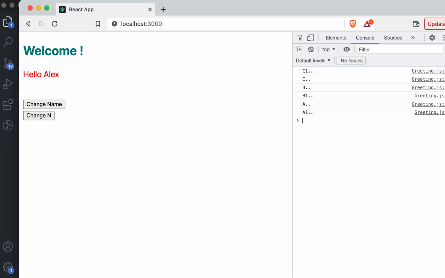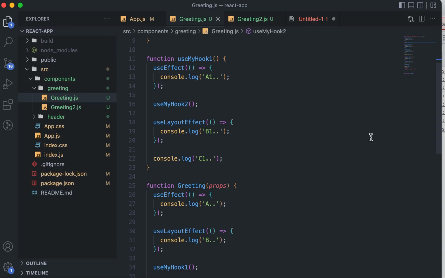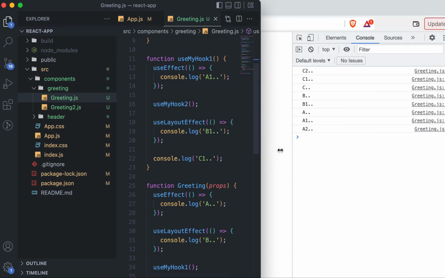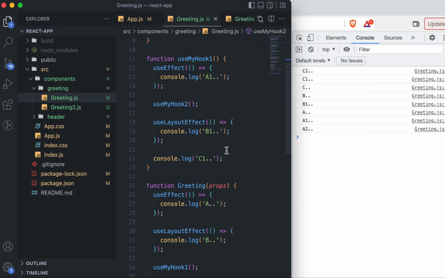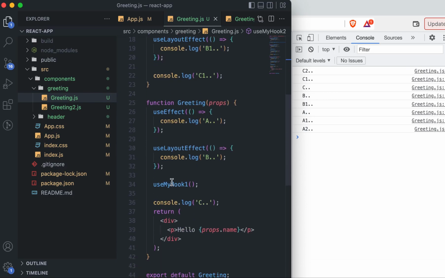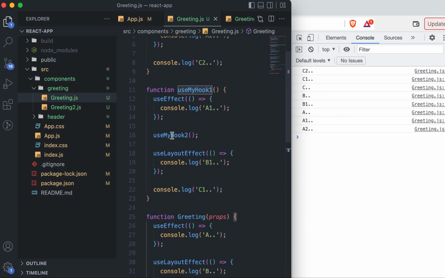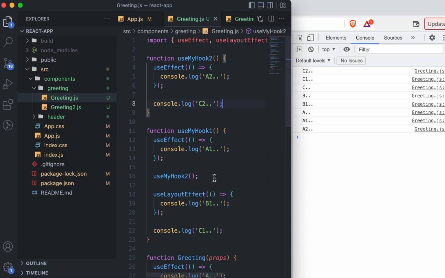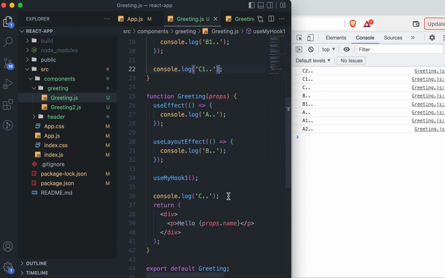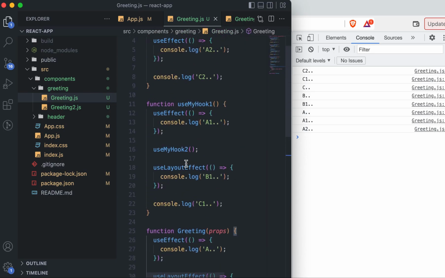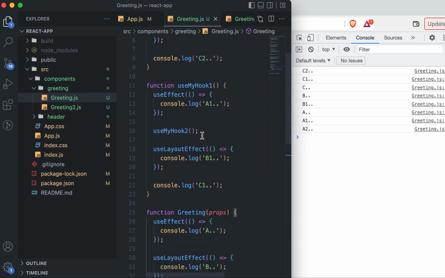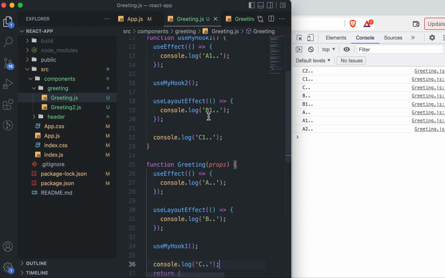So let's see, you can get the whole clarification here. First of all useMyHook1 again calls useMyHook2. So firstly C2, then C1, then C. The whole body is done. Then we are going to come to effects. What are the effects? Layout effect is used here and here, and here there is no layout effect. So the ordering will be